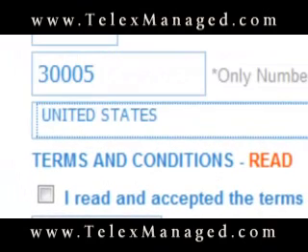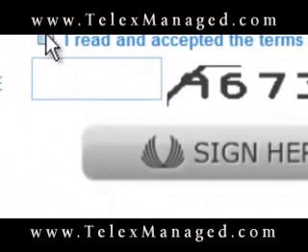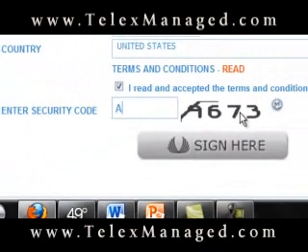Once you go ahead, and our example here is United States, you're going to click on I agree to the terms, and then put the turing number in. And the turing number is, of course, all numbers. So as you see there, it looks like an 8, but it's not. It's actually a 9 in this case. So you want to make sure that you look at all your numbers